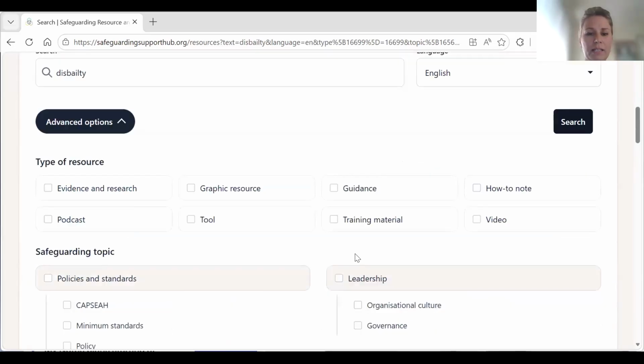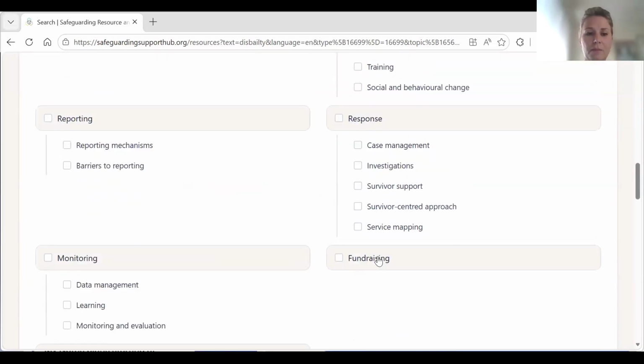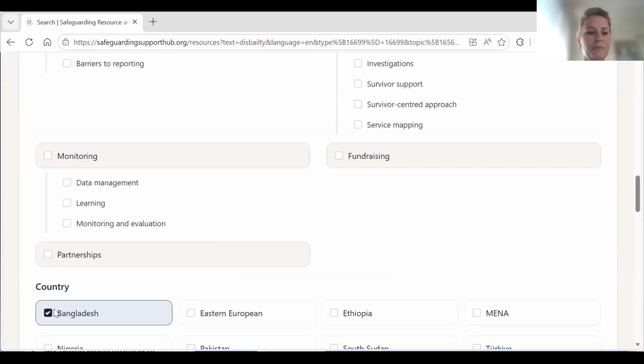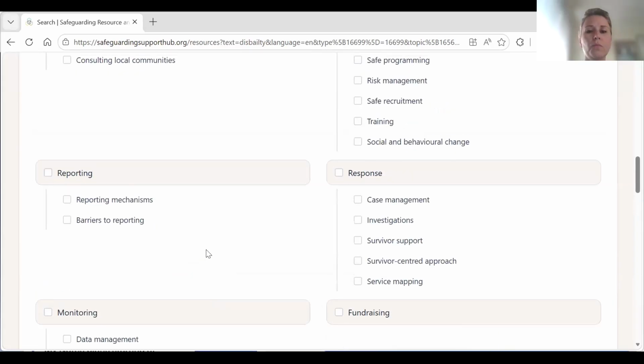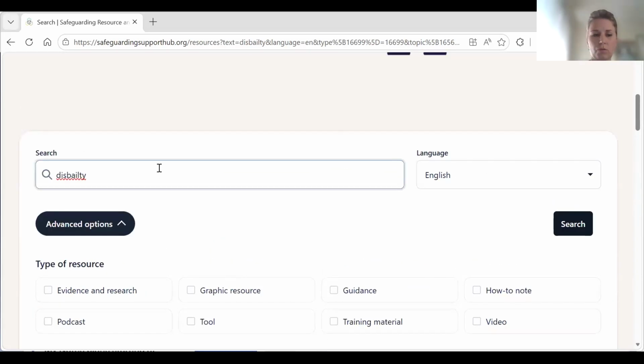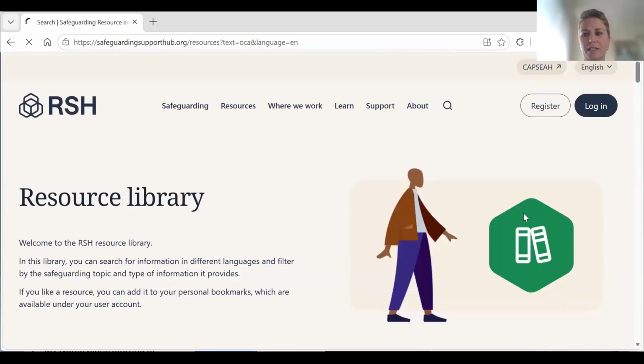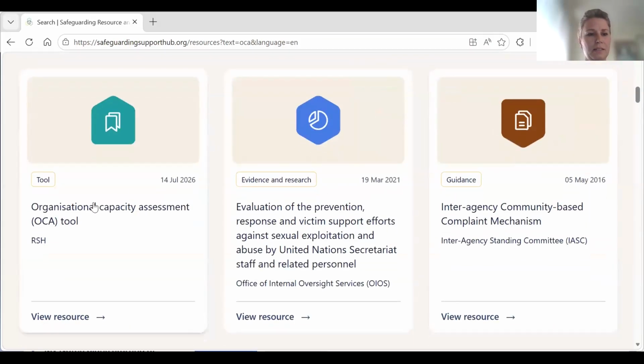I will untick all these, and just as a last example, I will show you that one of the documents that my colleagues are going to talk about in a few minutes are also available. So one of them is the organizational capacity assessment tool, which is too long and I don't want to type it, so I will just type OCA, and let's see.